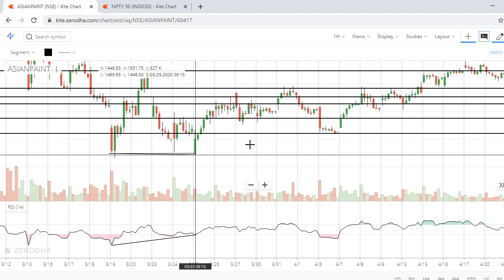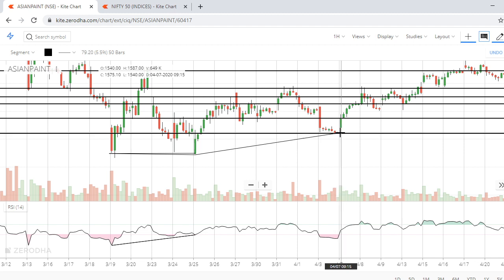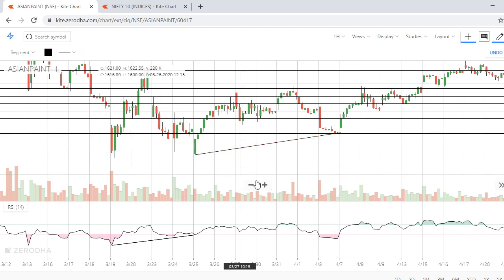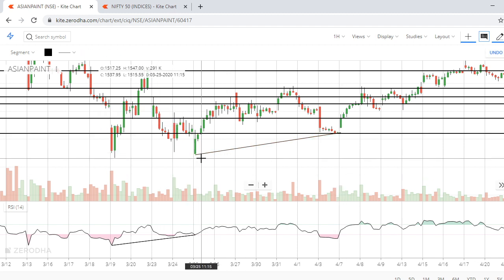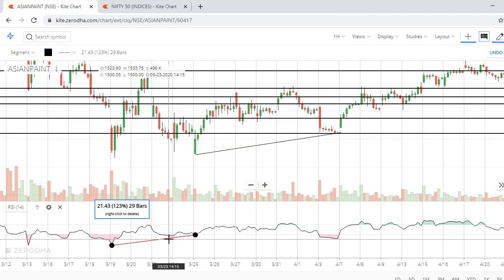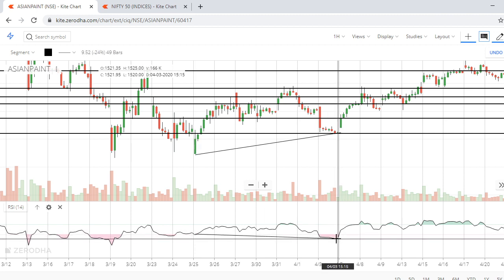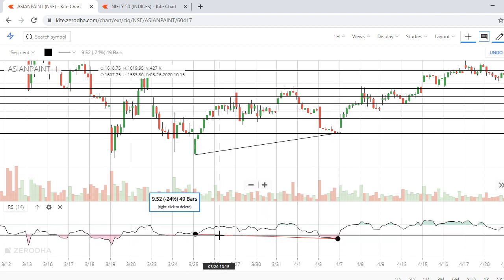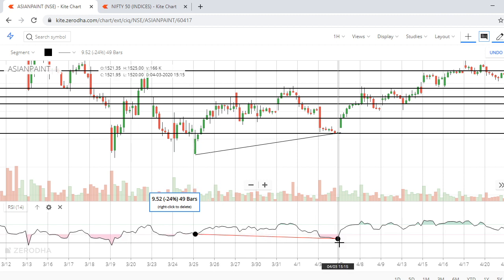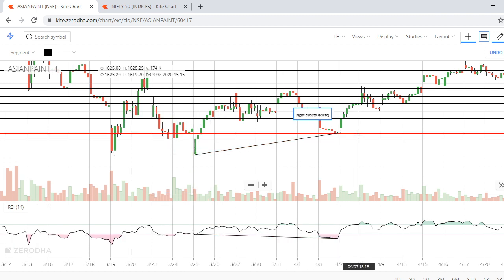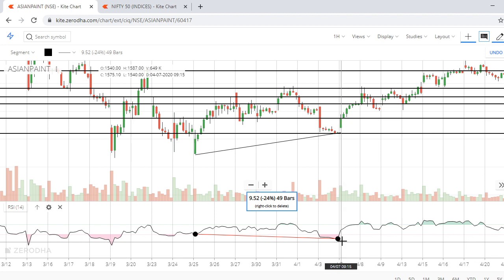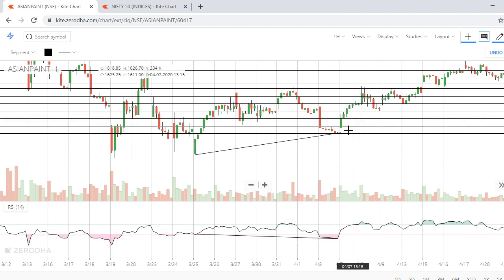See, there is a new low, a higher low. Okay, there is a higher low, and if you look at the RSI, from this level it came down. See, it came down. The price is going up, RSI came down, and once it takes the reversal, look at